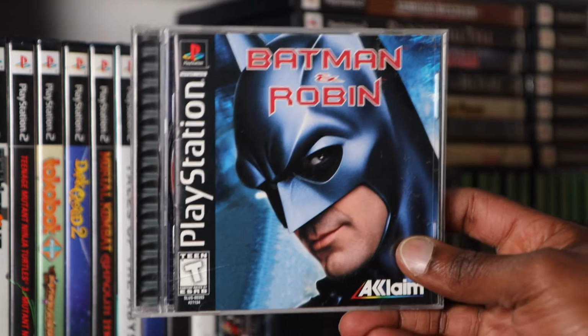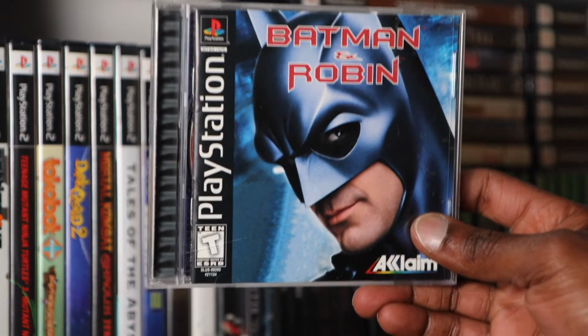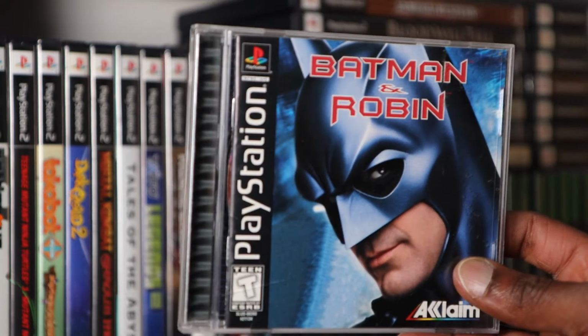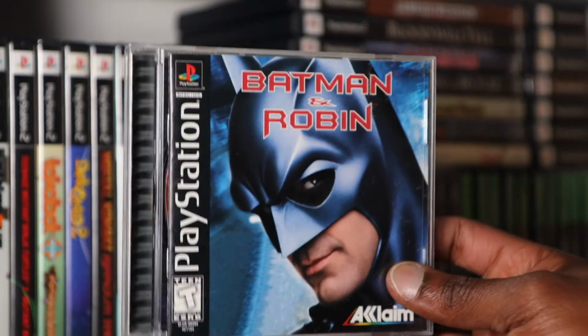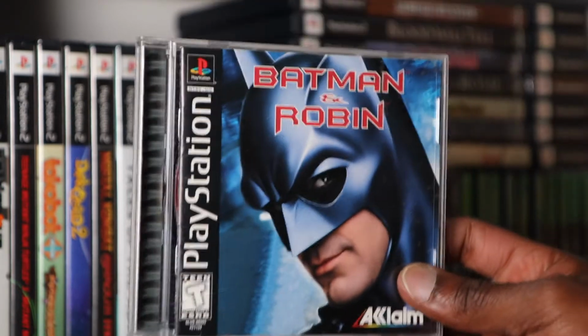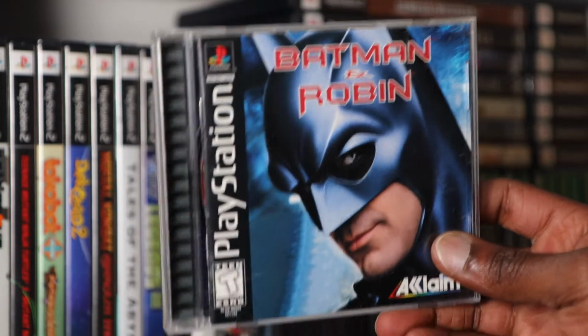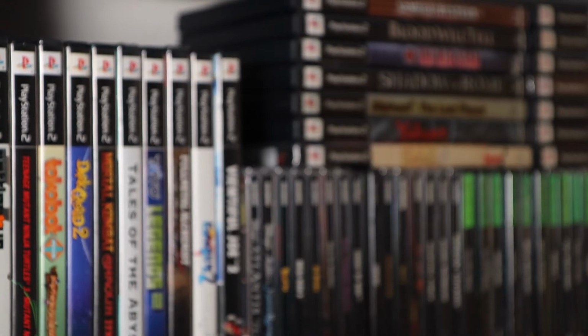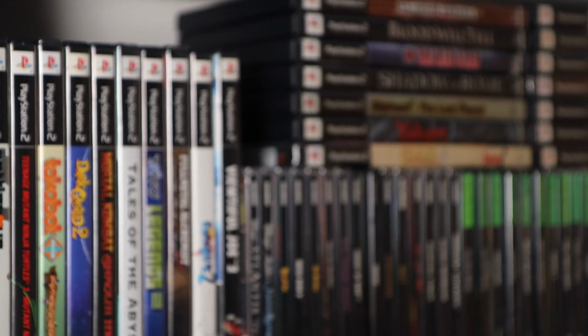The graphics are really tough to get through in this game. Even from the very beginning, everything is just really dark and pixelated, but I love the Batman movie. Wanted to have this in the collection because it is an action game. I do enjoy those, and when you're driving in the Batmobile, it's not that bad, so pretty cool game. All right, next up we have